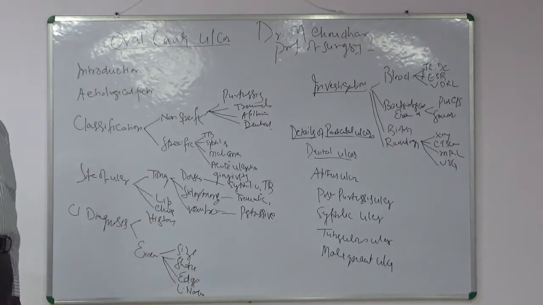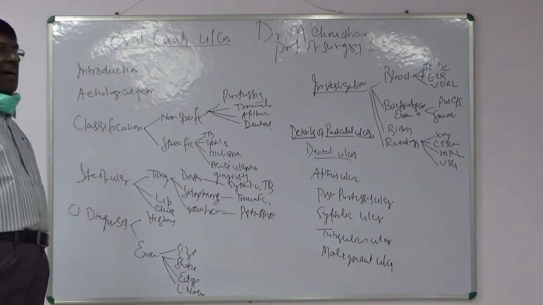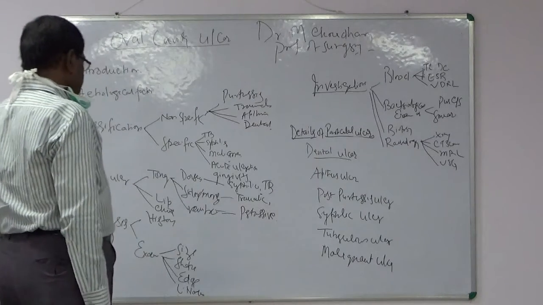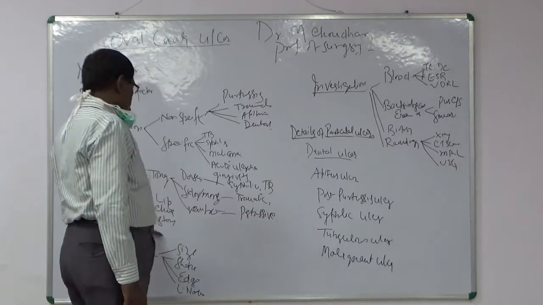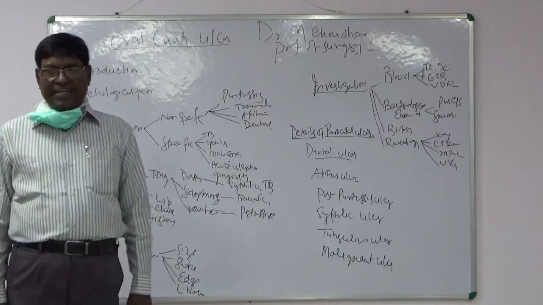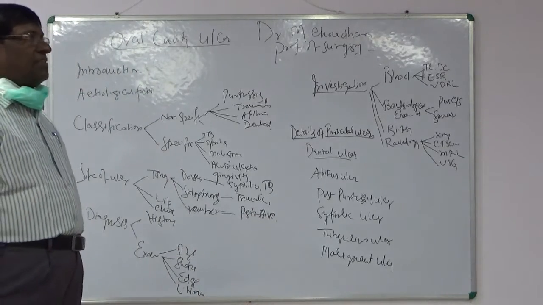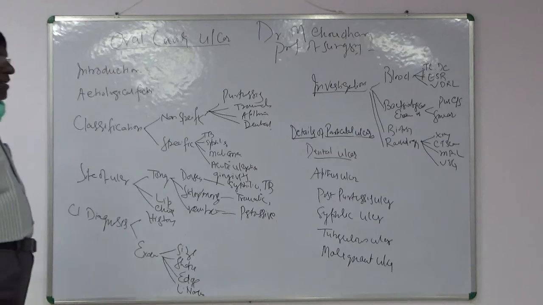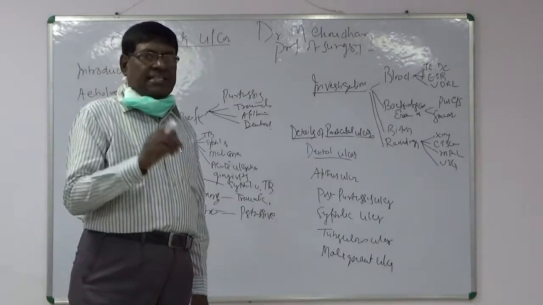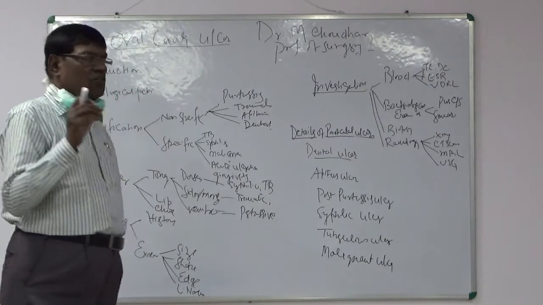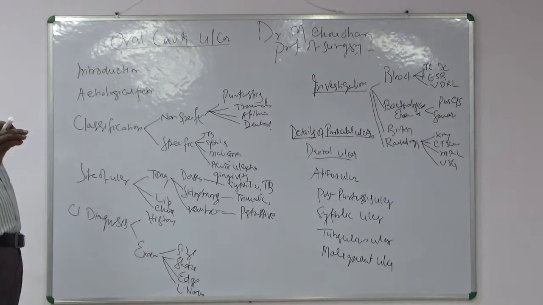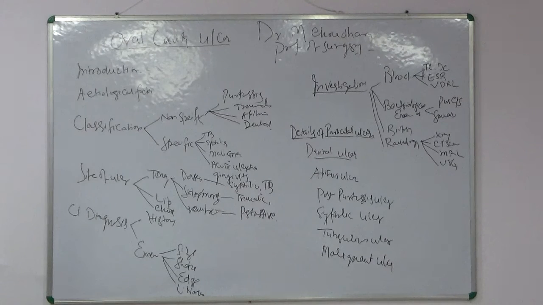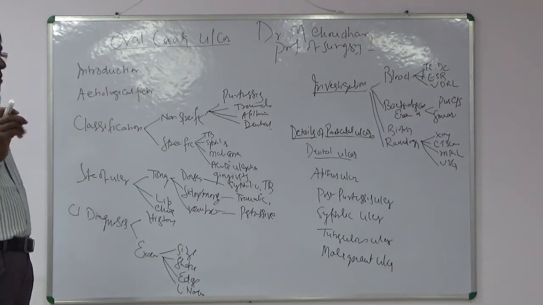These are the smoker, the betel chewer, and the tobacco taker. All these are very common and very important when asking the personal history of the patient while taking the history. Duration of the ulcer should be taken, because an acute ulcer remains only 3 or 4 days, within a week. Some ulcers, such as viral ulcer or other ulcers, or even the alcoholic ulcer, remain for a week or 2 and heal very nicely and no scar is left.